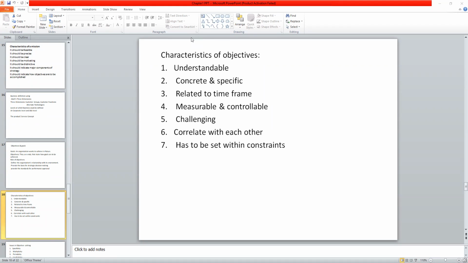The objectives at the same time should also be challenging. It should not happen that they are very easily achievable. Otherwise, there is no point. So there should be some challenge set. This is the motivation for the employees, as they are on their toes to perform their tasks effectively and efficiently. It even helps with the performance appraisal of the employees. The more challenging the task, the more the responsibility on the particular employee towards achieving the objectives.